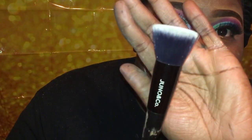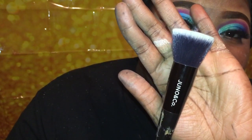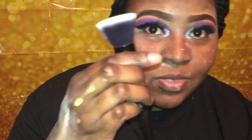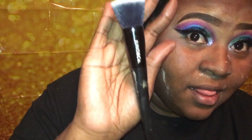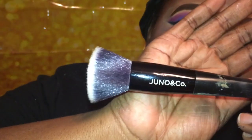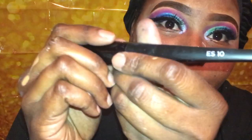So today, because I don't feel like going to get up and wet a sponge, I'll be using this brush, which is from J&Co, and it's just a flat top buffing brush. Very affordable. I think this brush was like $6, and I love this brush. So if you don't know about Juno & Co, I'm sorry, what did I say? J&Co, Juno & Co. This ES10 brush,